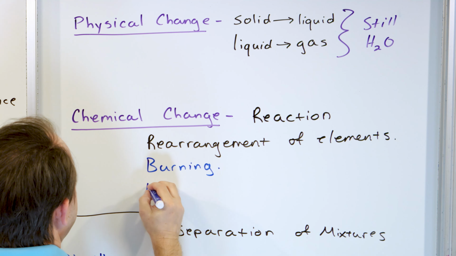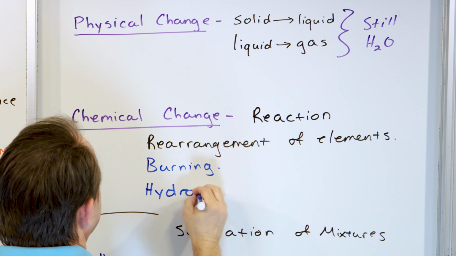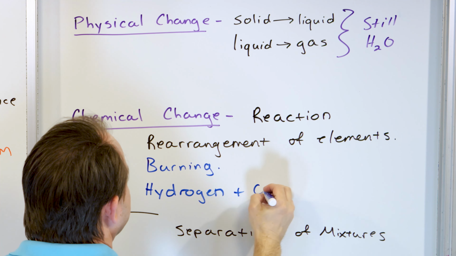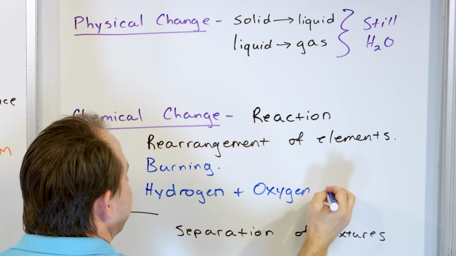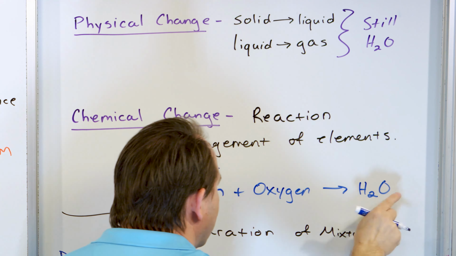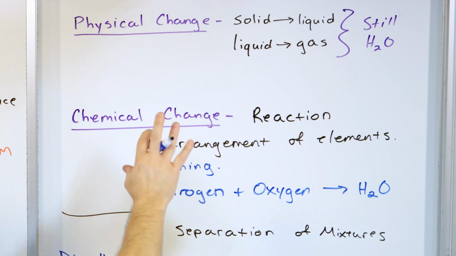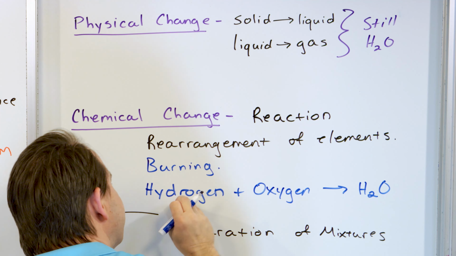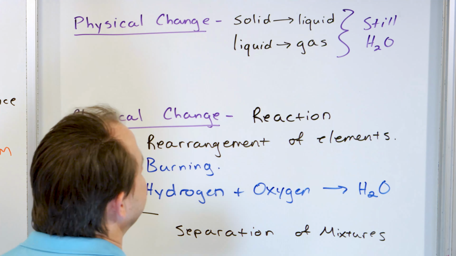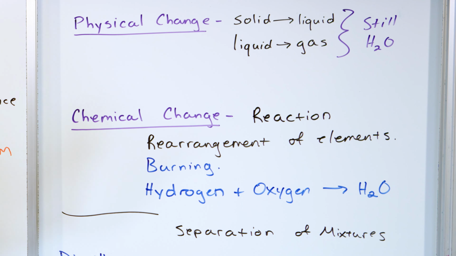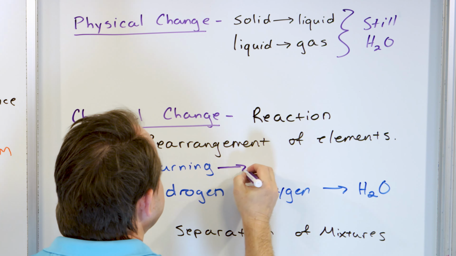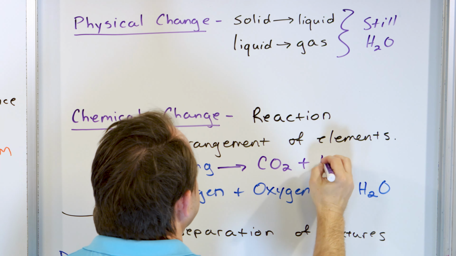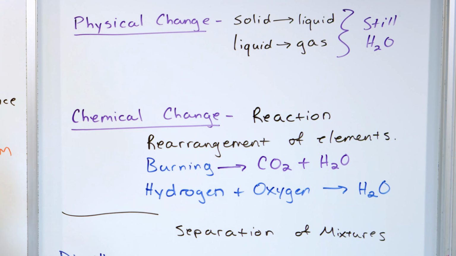And we talked about hydrogen plus oxygen, and it yields H2O. And we're going to talk a whole lot more about this. We're going to talk about how to balance a chemical reaction. We're not doing any of that yet. We're just saying chemical reaction, rearrangement, or combination of things. It's all happening because of electrons doing their thing, either being shared or exchanged down at that level. So that's a chemical change, right? And wood burning usually leads to CO2 and H2O. That's what's usually floating up from your campfire, right?